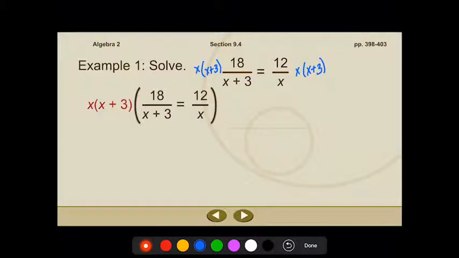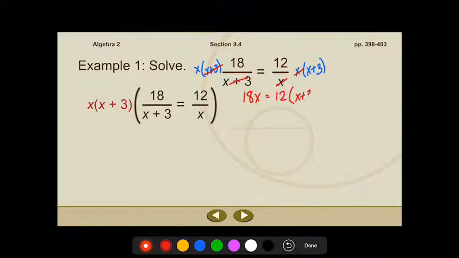You guys can do this and multiply it out, but some students prefer to do it how I have it in blue. It's going to be the same concept, it just looks a little bit different. Notice in blue here, some pieces are going to cancel. This is going to cancel with this. This x will cancel with this x. So you're literally left with 18x is equal to 12